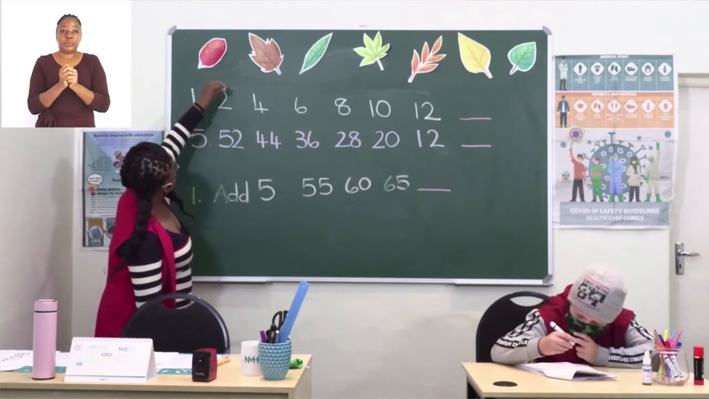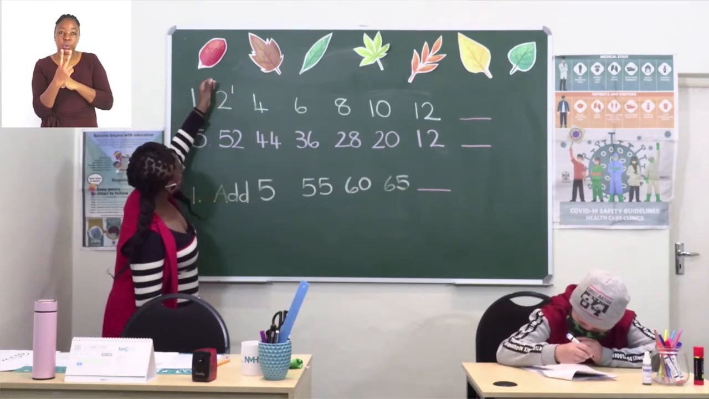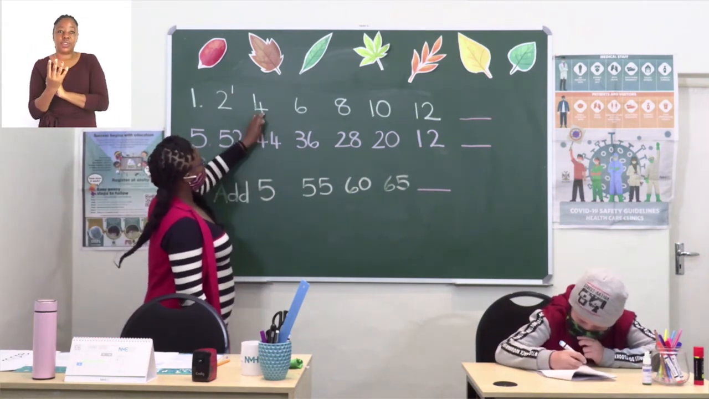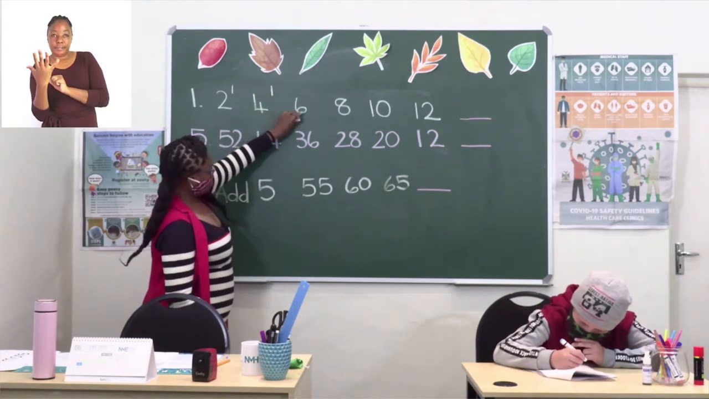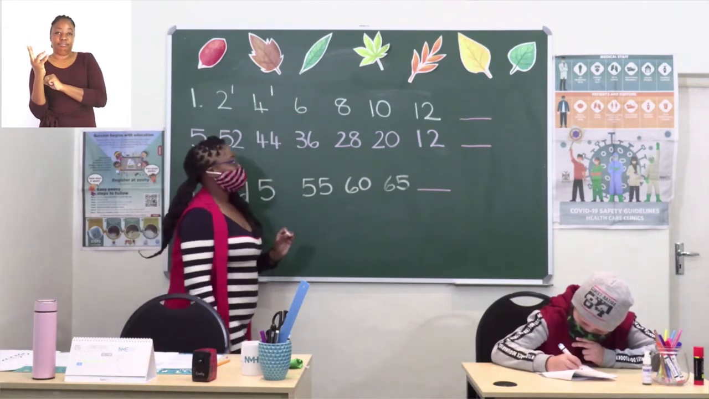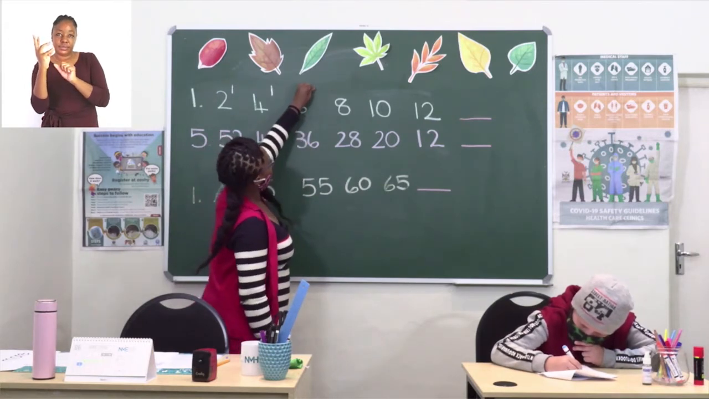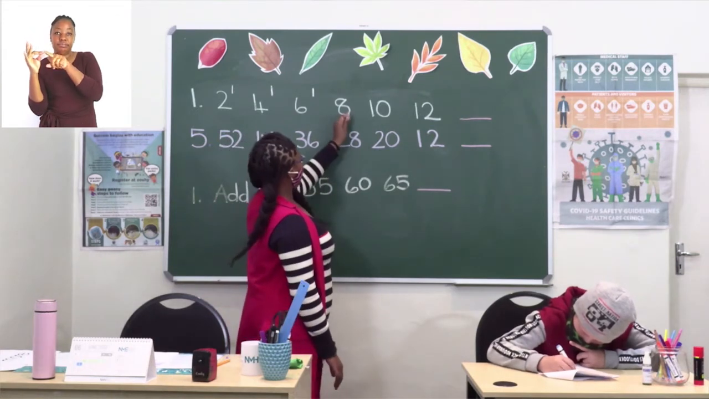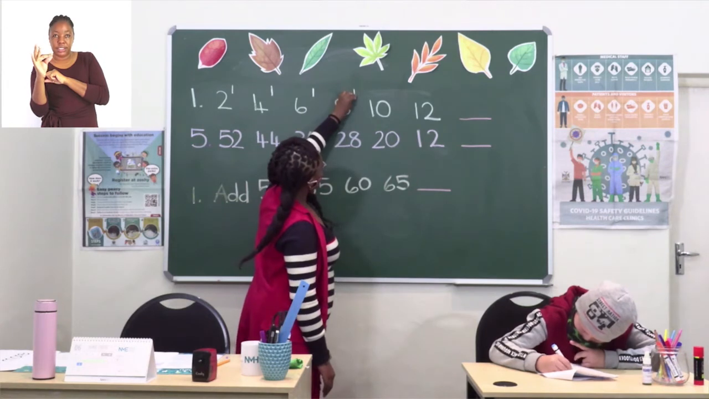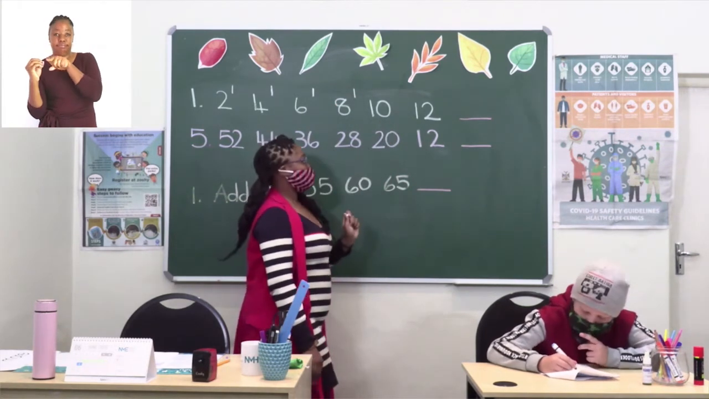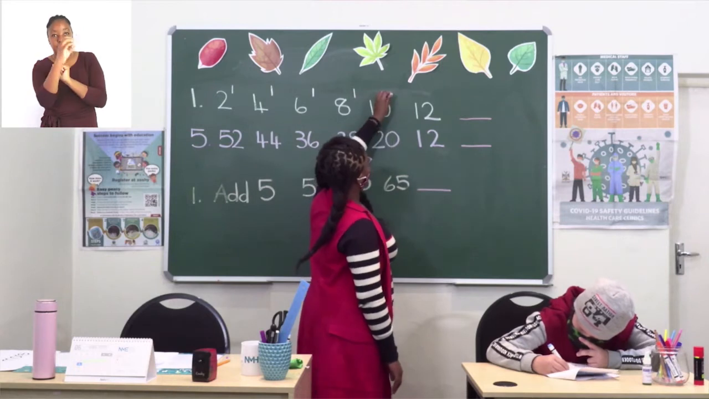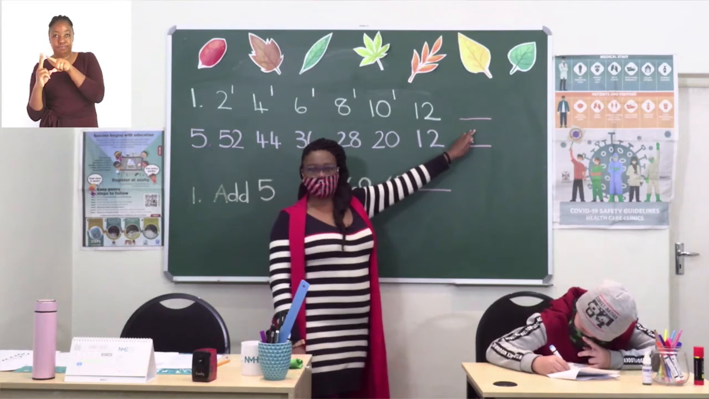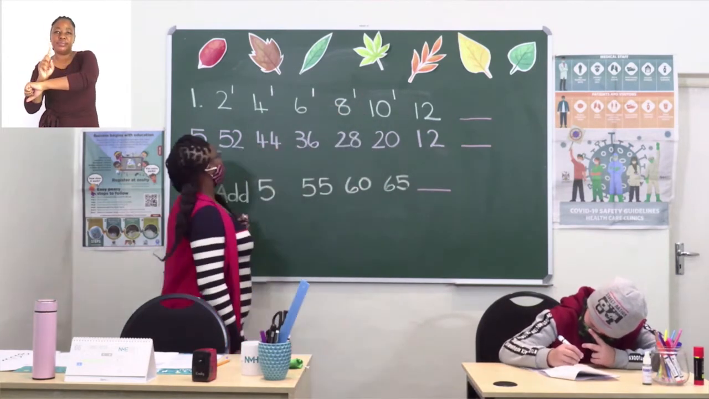So we have 2, 3, 4. Let's move on. Counting on 4, 5, 6. Let's keep going. 6, 7, 8. Let us continue. 8, 9, 10. Let's count together. 10, 11, 12. Now, before we can get to our red line to complete the pattern, we are going to check